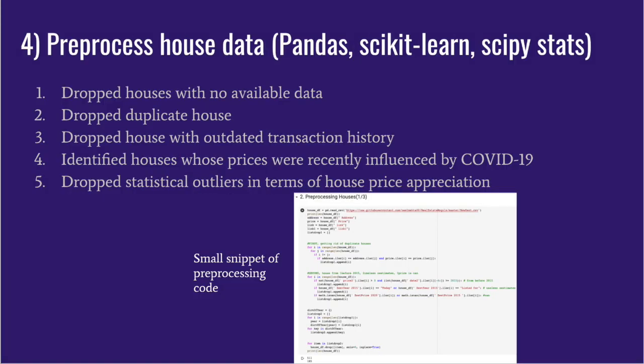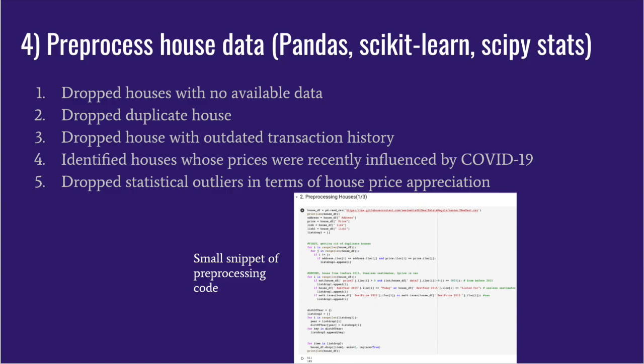After we collect all the houses data, we must pre-process them before putting it into our ML algorithm. First, we drop the houses with no available data, then drop duplicate houses. Drop the houses with outdated transaction history, which is before 2015. And we also identified houses whose price were recently influenced by COVID-19 and had a price cut because of that. Also, we dropped statistical outliers in terms of house price appreciation,